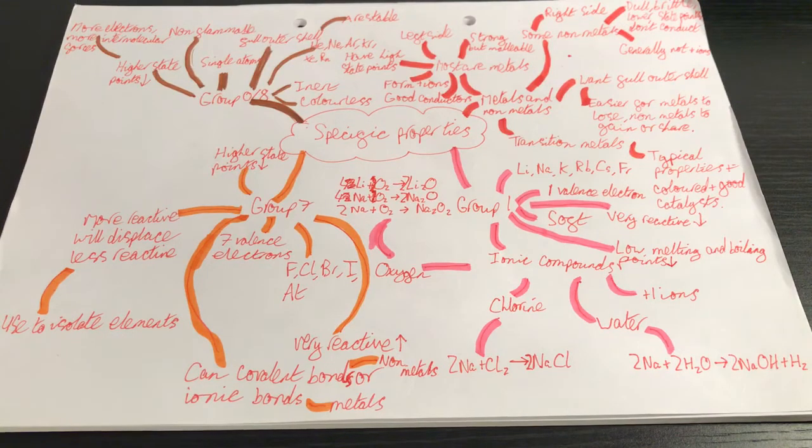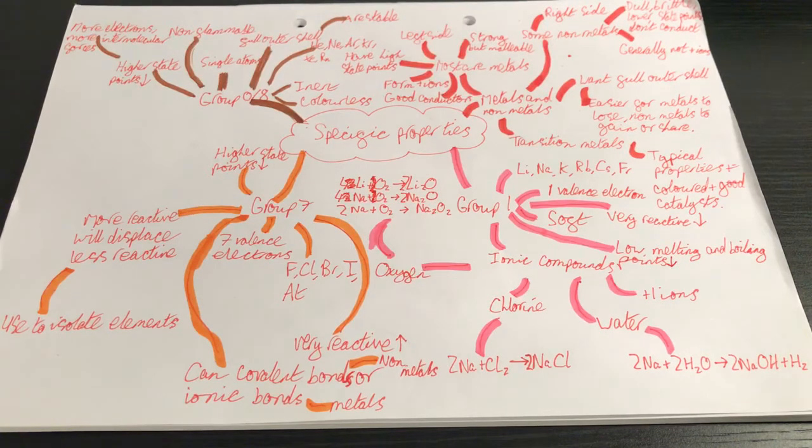Now, it's important to note that if you react any of these with a substance that has another group 1 or group 7 element in it, the more reactive one will displace the less reactive one. So if you had a solution, and it probably would be in solution because it would just form a solid salt otherwise, if you had a solution of potassium chloride and you put some fluorine gas in there, you'd have to be careful because chlorine gas is poisonous, but the fluorine would actually displace the chlorine in the potassium chloride, and